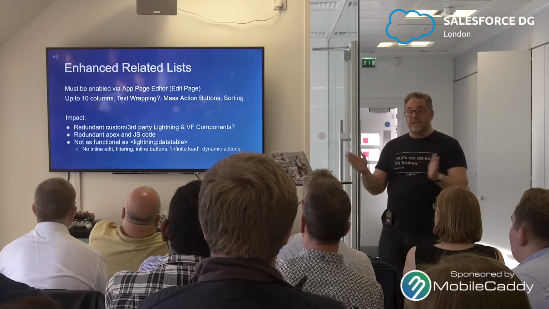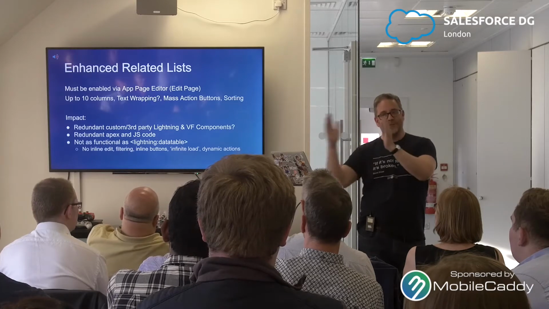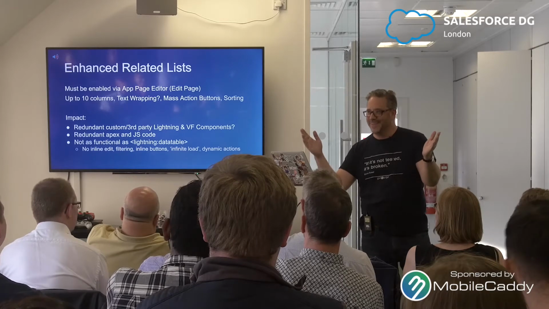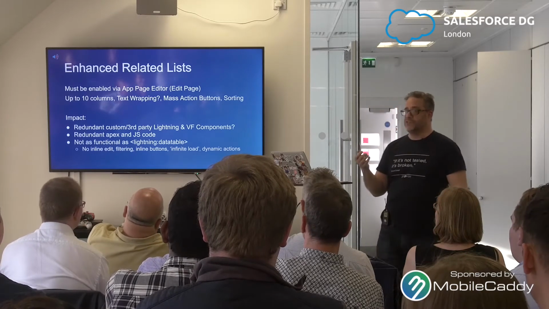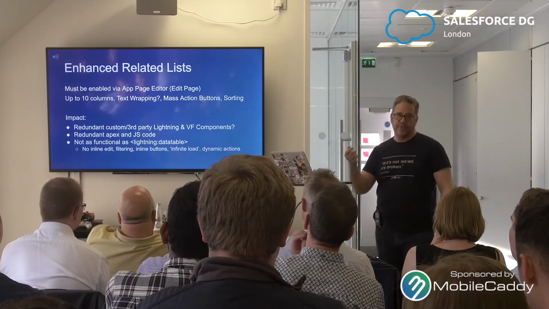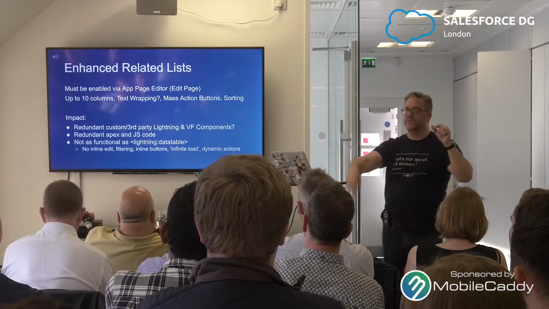You also can have up to 10 columns, but it doesn't squeeze them in. It makes a horrible scrolling area, okay? So you think, well, I can still only see 4, but you can actually see 10. According to the release notes, you get text wrapping. Haven't seen that work, not yet. And you get mass action buttons. So you get the checkboxes down the side,